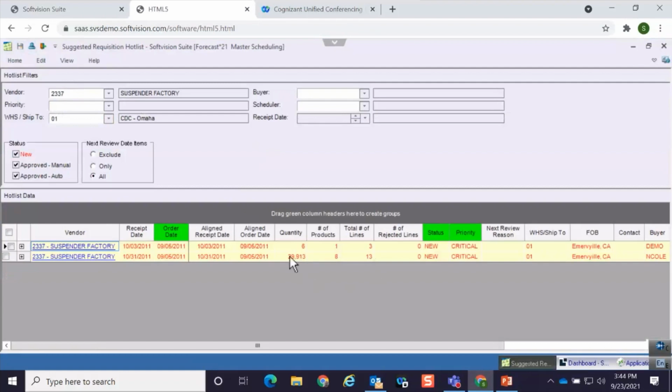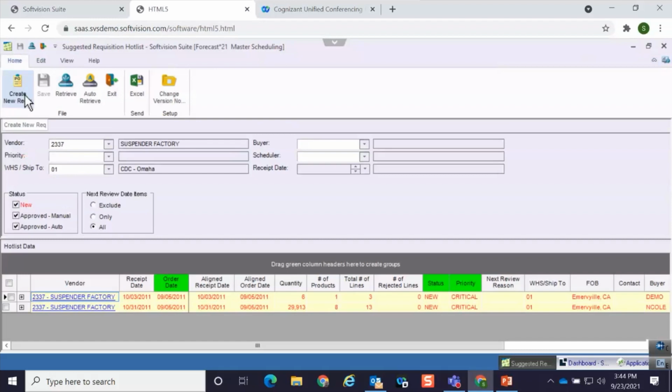It combines all of the buys. So instead of going in to the hot list, doing the what if, or doing the actions, the system will automatically combine these for one warehouse and one vendor. And so I could go here, let's say I click on this one, this has different receipt dates. I could go in and I could create new requisition. I could do manual, it'll bring up a requisition, or I could do auto. But instead, I'm going to go into what's called vendor order